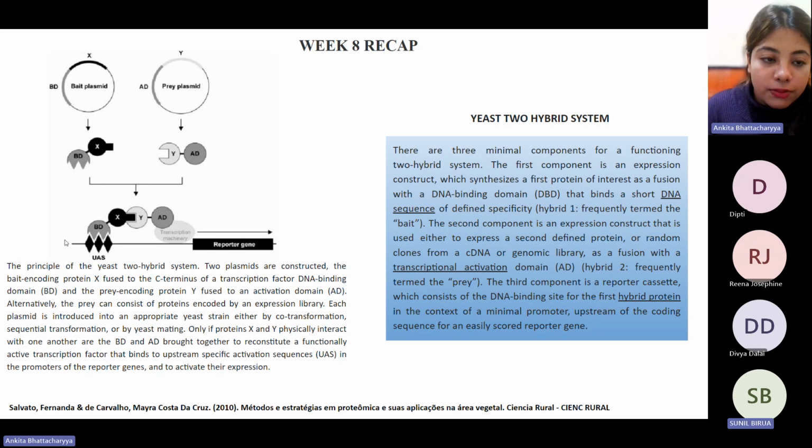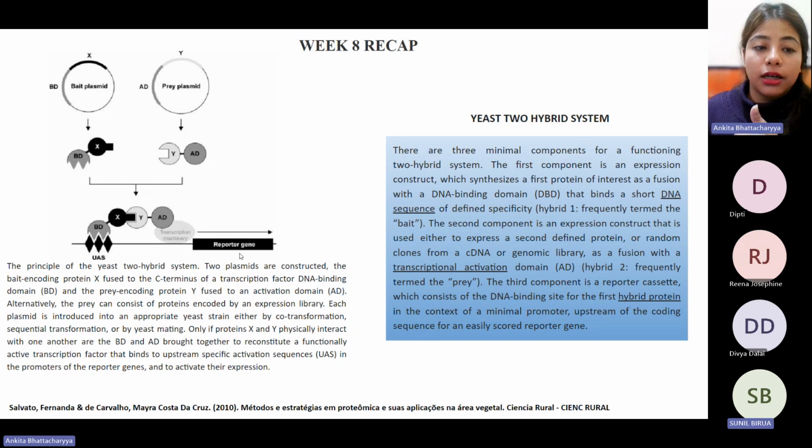What you see here, for ease of understanding, is a construct where there is a reporter gene. A reporter gene is something which, when expressed, can be detected by a number of techniques. It can be a chemiluminescence assay, which means there will be the emission of light. It can be the emission of color. It can be the emission of fluorescence, a number of different things. So this reporter gene can report that there is an expression, that something has happened in the cell, as a result of which its expression is possible. There are many different types of reporter genes. For example, there is XGAL, there is luciferase. These are all contextually used for different types of cells.